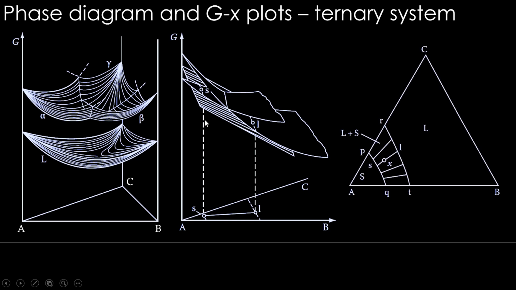So this translates this surface, wherever it touches these surfaces of liquid and solid Gibbs energies. You can see it is like a line here, and there are multiple lines touching solid to liquid. They all translate here as tie lines. Okay, this is how you get the ternary tie lines. This is a ternary phase diagram coming from G versus X of ternary.